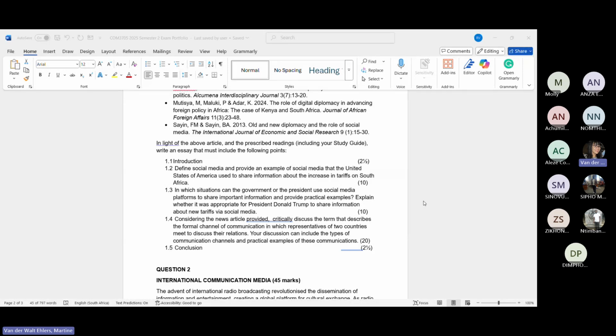Font and size, students: the general rule of thumb is Arial or Times New Roman 12 for the body or for the content. You may go up to 14 for headings. This is not something that we are going to be extremely strict about, as it can sometimes be a bit nitpicking.